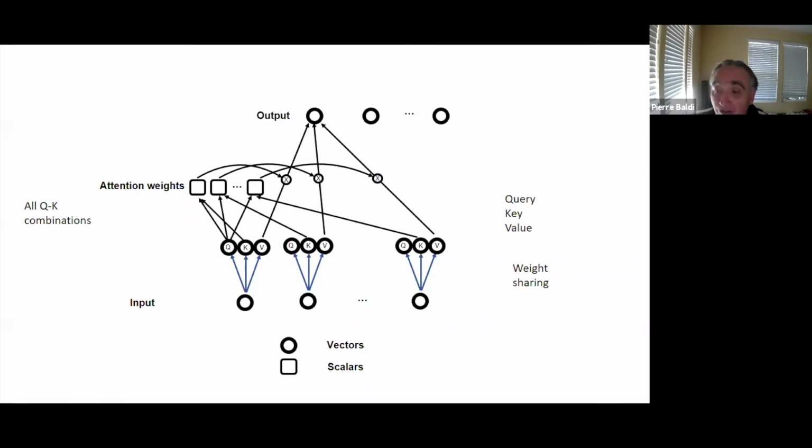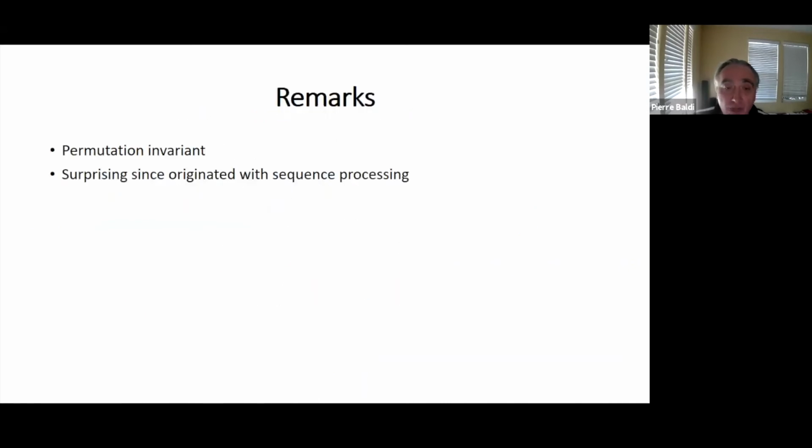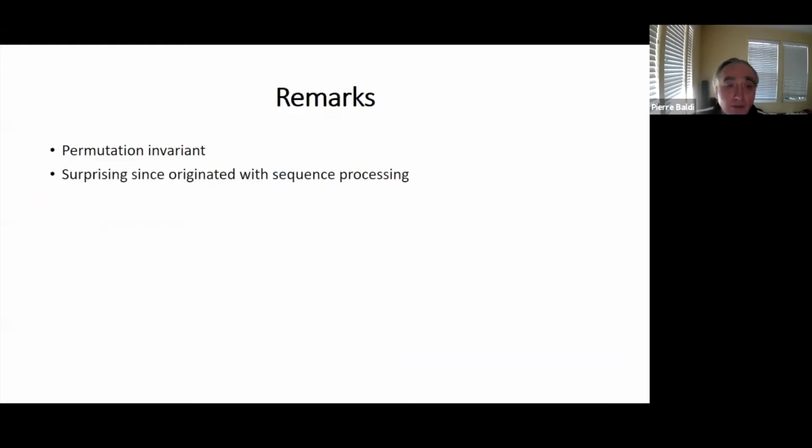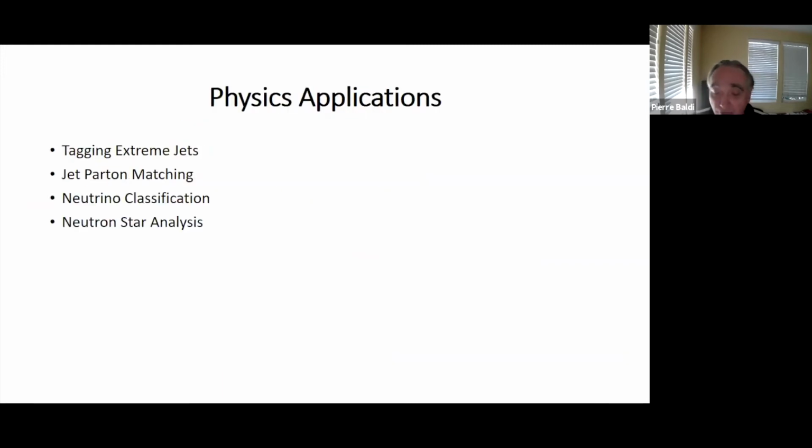it's very good to have an architecture that doesn't depend on the order of the inputs for some problems, because very often you have a set of jets. You don't have an ordering of the jets or 4-vectors or whatever you're looking at, right? So that's what I'm going to exploit in the physics applications. That's the same schema for the decoder part of one decoder module in the transformer. But okay, so applications in physics, this is probably what interests you the most. These are examples of problems where we are applying transformers.